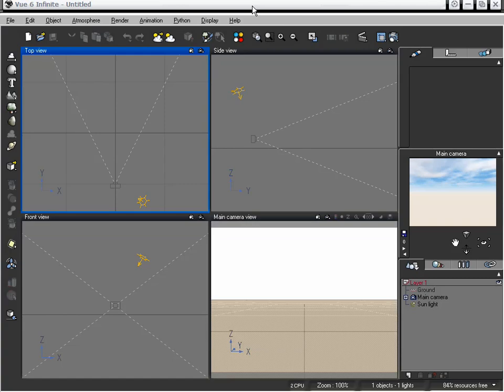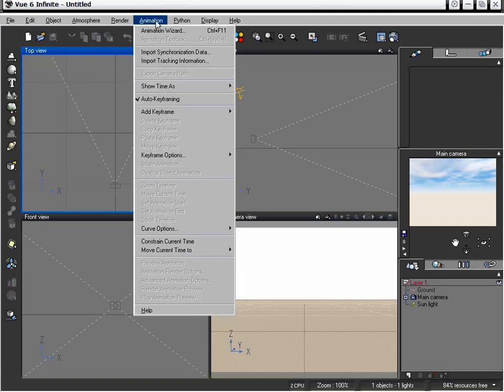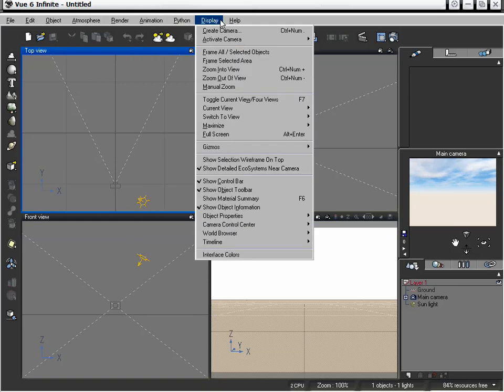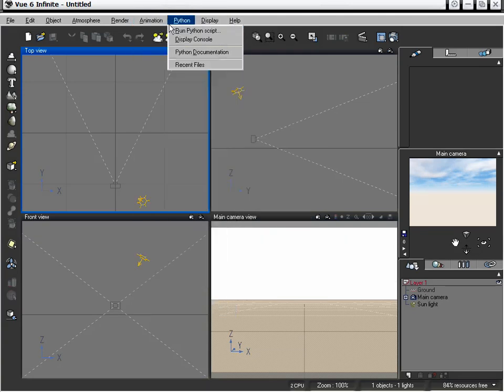Within the animation part of the program, we also have some new features. If we go to animation, we can no longer display the animation timeline under animation, so that can be a little confusing. Now if we go to display and we go to timeline, then we can display our timeline, or hit F11. So that tool has been moved,